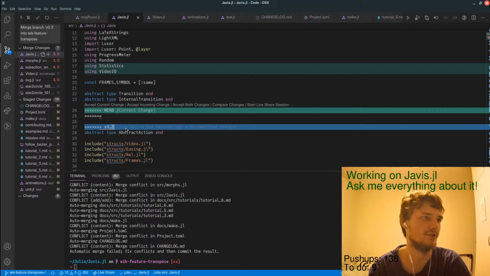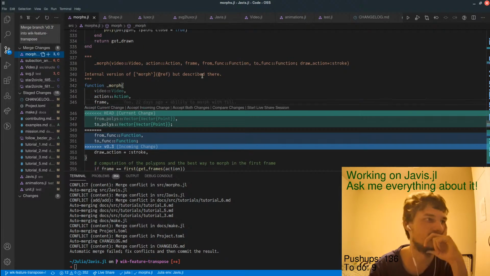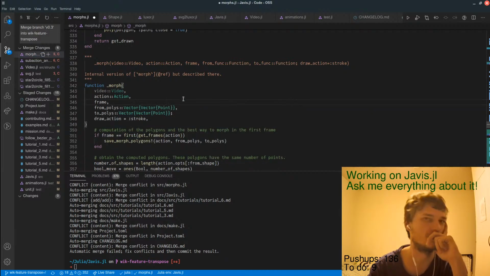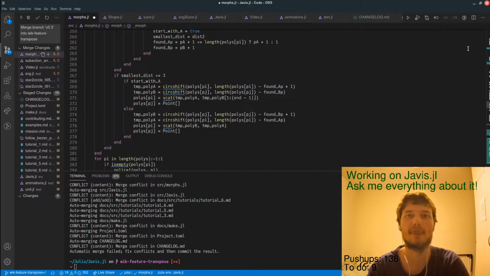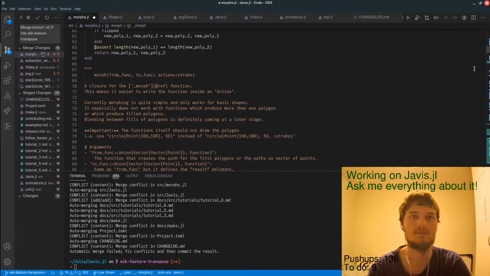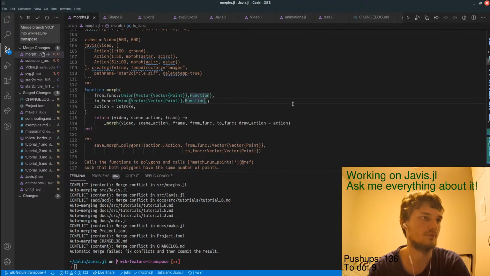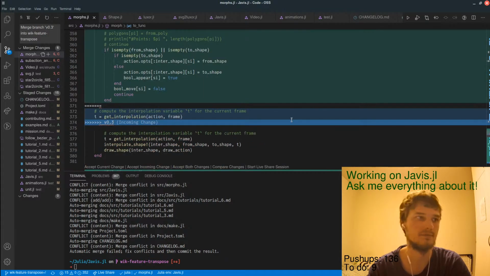I don't need any of this because there's no change. Okay. Probably want to accept the current change for all. And hopefully not breaking.